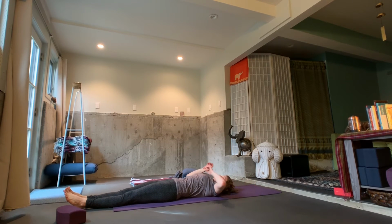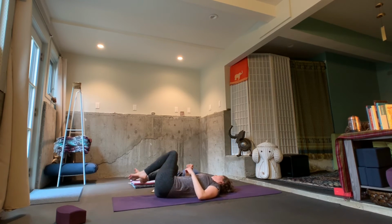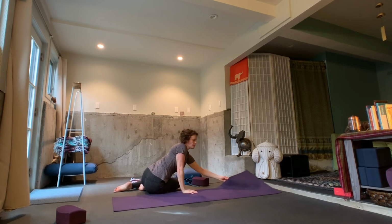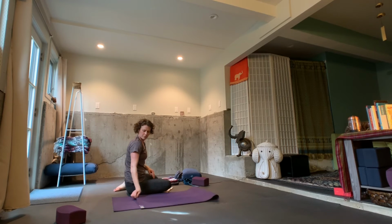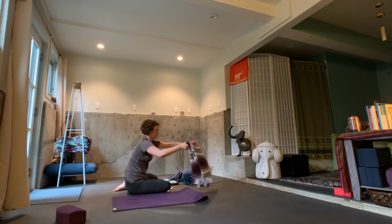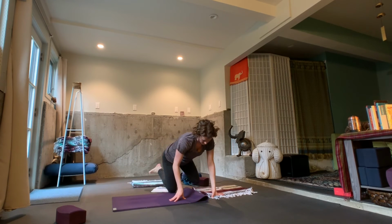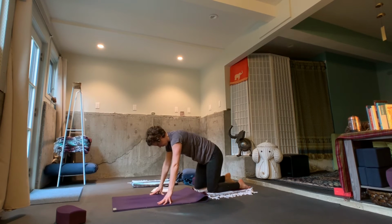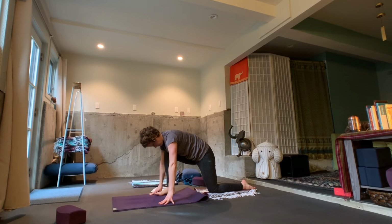Releasing the arms down to the belly. Rolling over to one side and pushing up into a seat. Folding your mat in half as you do so, and grabbing a blanket and placing the blanket down behind the folded mat. Bringing your knees onto the blanket, hands on the mat, right foot in between your hands into a low lunge position,